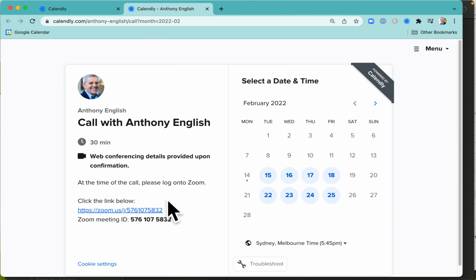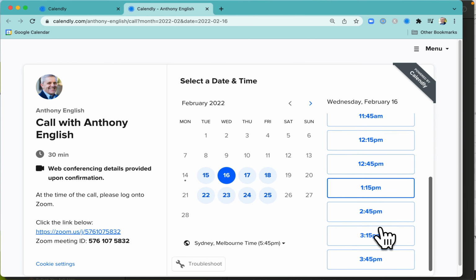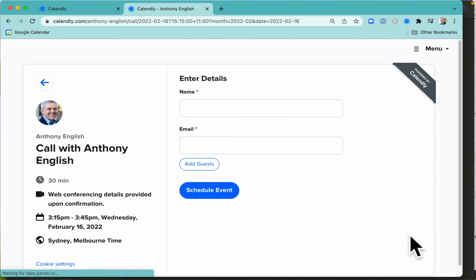Okay, so there's the description there, but then when they click on here and they book a time that I'm available, okay, this is going to appear in their time zone. Let me go with this time here and I'll click confirm. And then I'm going to give my own other name under a different email address. I then click on, so as soon as they click on schedule event,